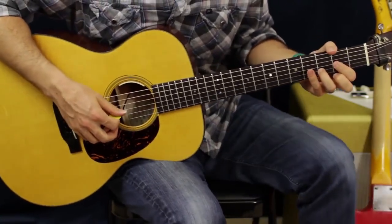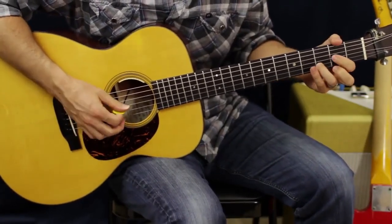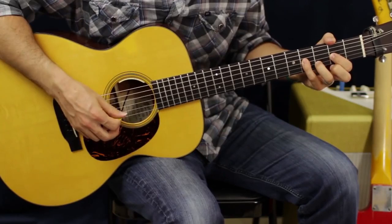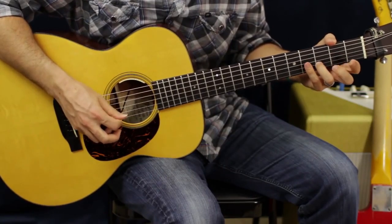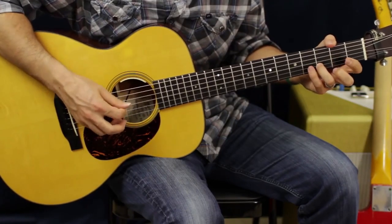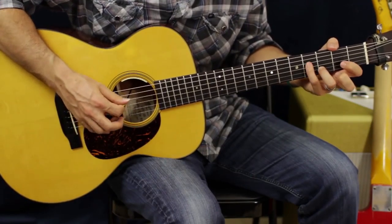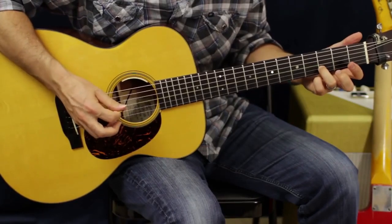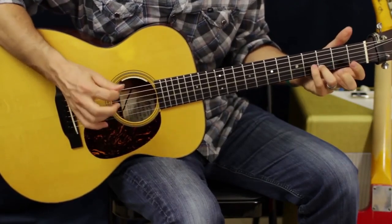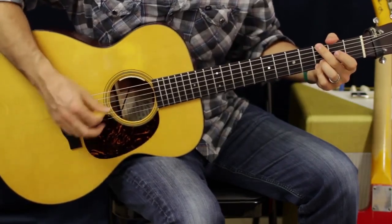Now on that one, we're getting it a little bit more complicated, right? Same thing. Sorry, it's hard to do it slow. So we're going to hammer on to 4 of the G, and then go all the way down to G open. And then what I'm going to do is pull off again from the 2nd fret, go back with my pinky, and then catch the G again. So we got